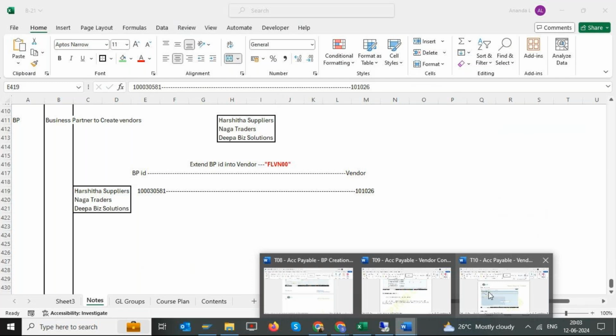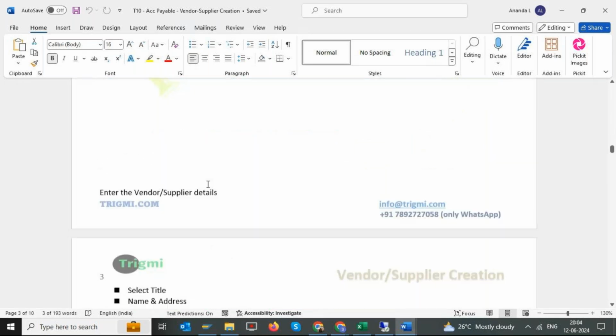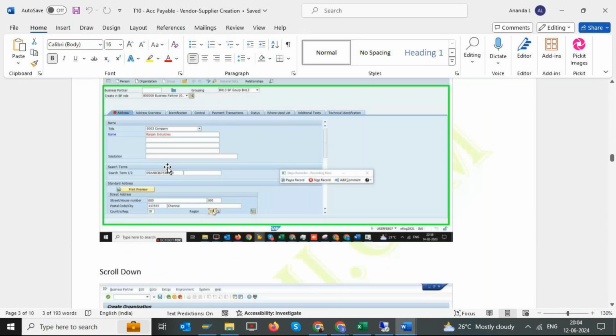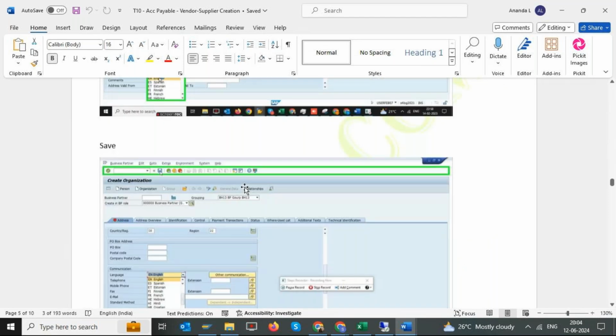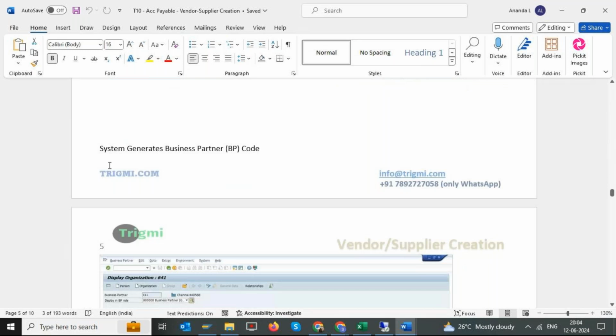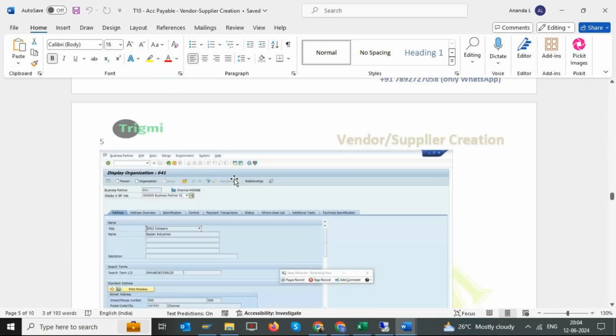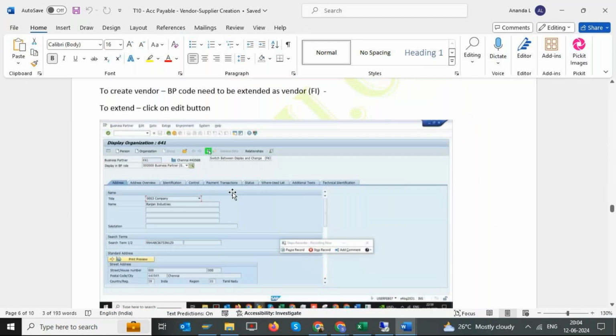Select the group which you created and enter the name and address and other things, and come down, enter the language and save it. So the system generates a BP code. This is the BP code. Then once the BP code is created, to create a vendor, the BP code needs to be extended as FI. Extend as FI. To extend this, you should click on the edit button and select the role FLVN00,